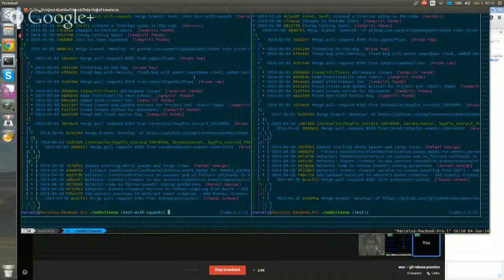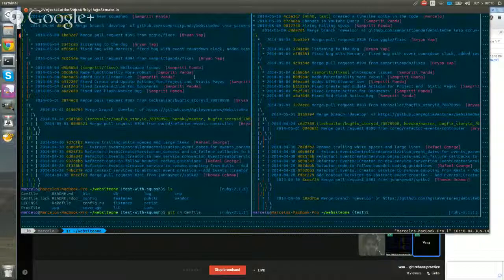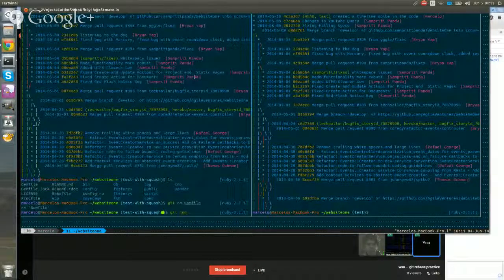Instead of squashing, whenever I make changes, so say for some reason I want to remove the gem file, I can go ahead and commit this as a separate commit and squash it. But that's not what I usually do. What I usually do is commit amend. So that means instead of making a new commit, I will just amend my previous commit and add these changes on top of that.